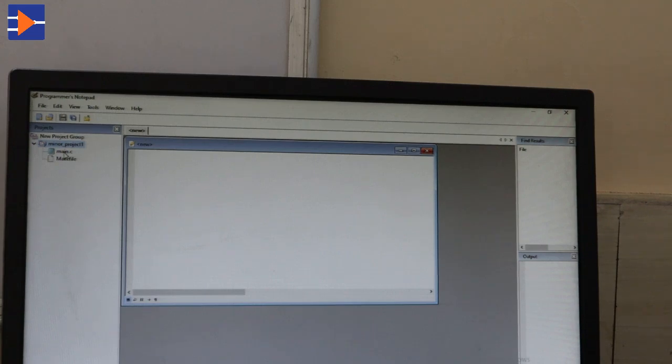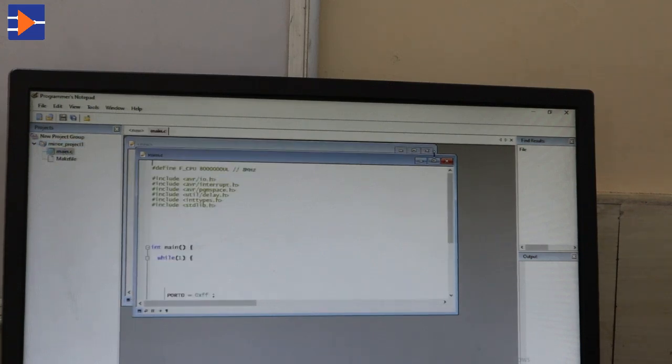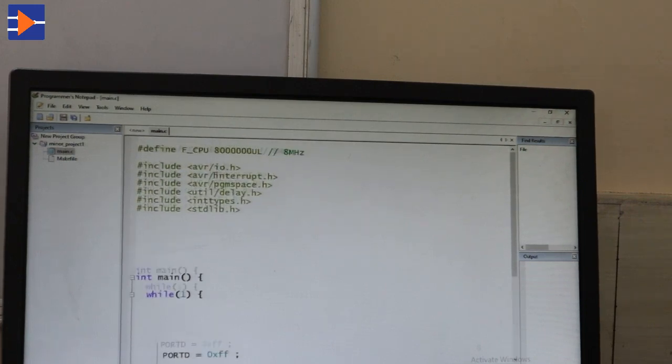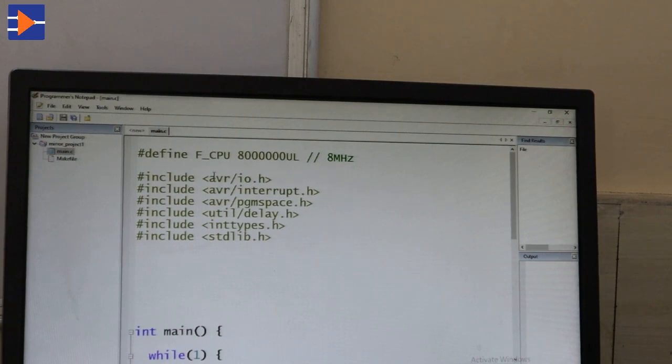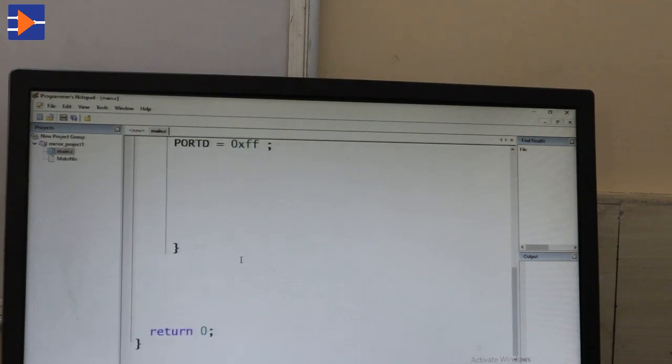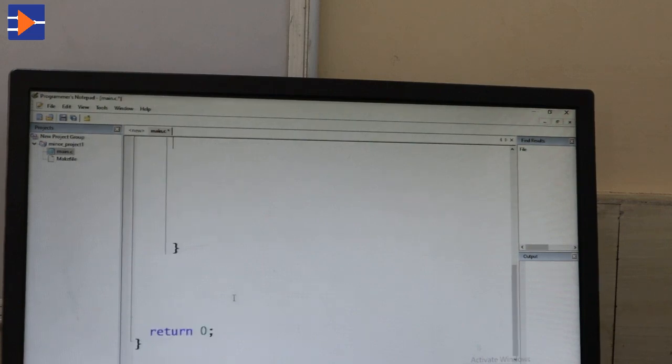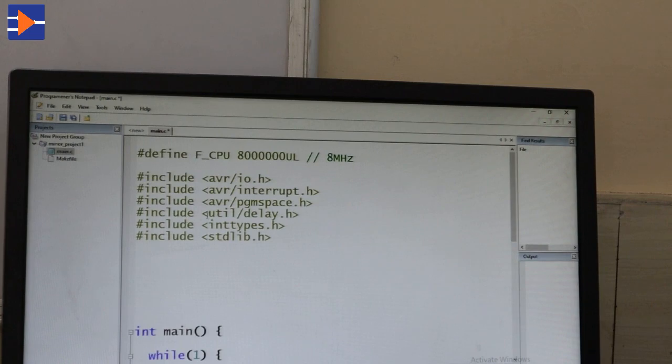Click on this main. Now some default code is written here, some default libraries have been written here. You have to write the program from here. This is the default body of your program, and we have defined some libraries. Now we have to write a program.